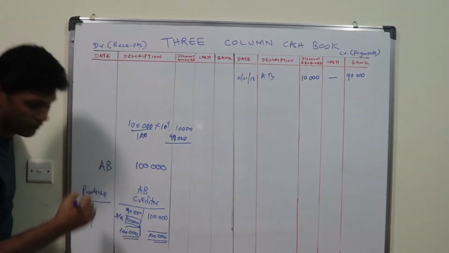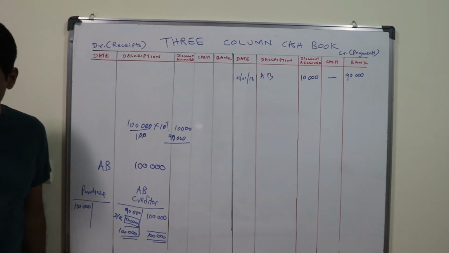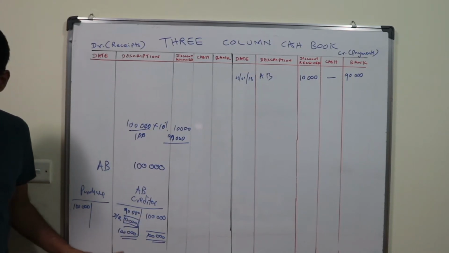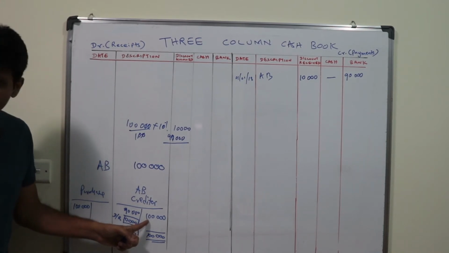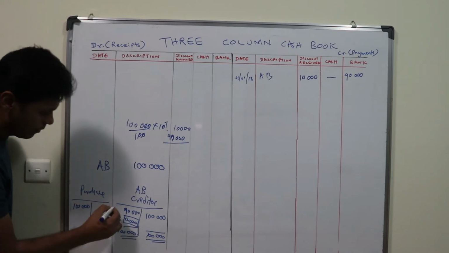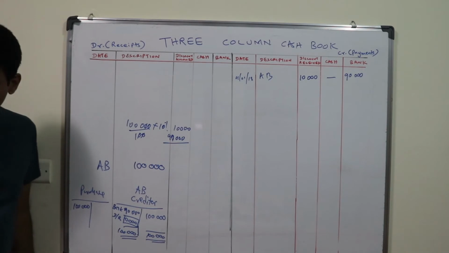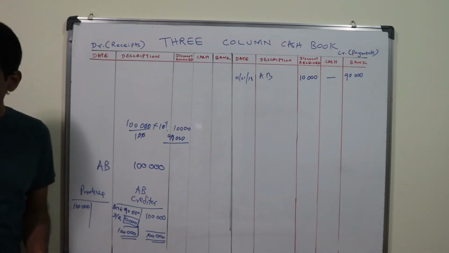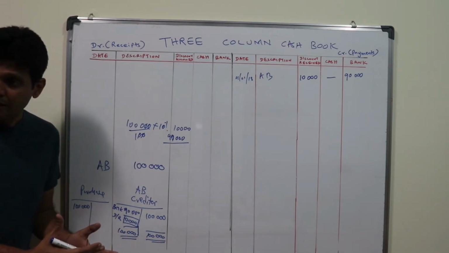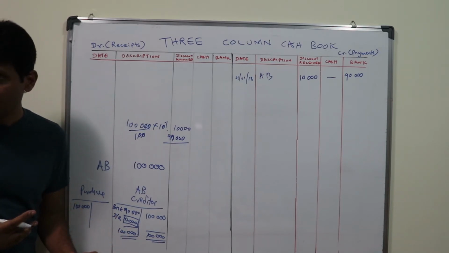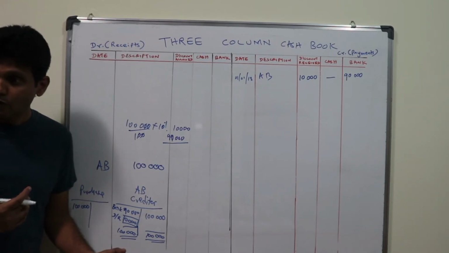So where do you record this 10,000? Will it be carried forward here? No, this is not the balance. We have settled this 100,000 by bank credit, debiting the creditor 90,000. But there is a balance of 10,000. As far as the company is concerned, it's like an income. It's a benefit to the company. So where do you record it?